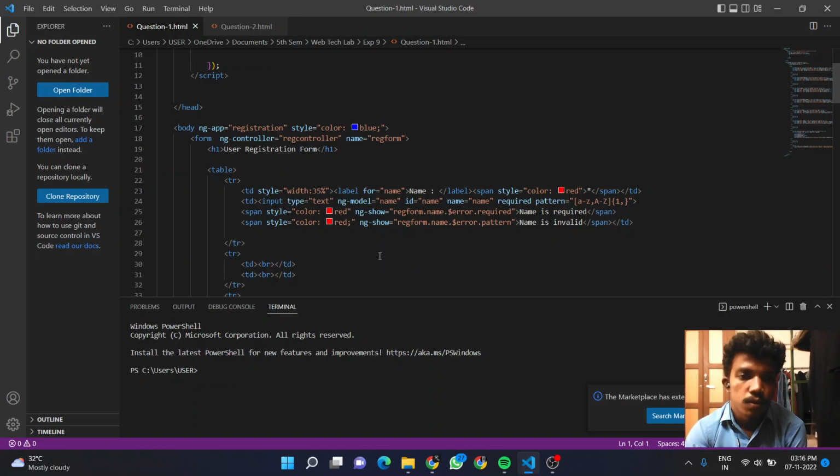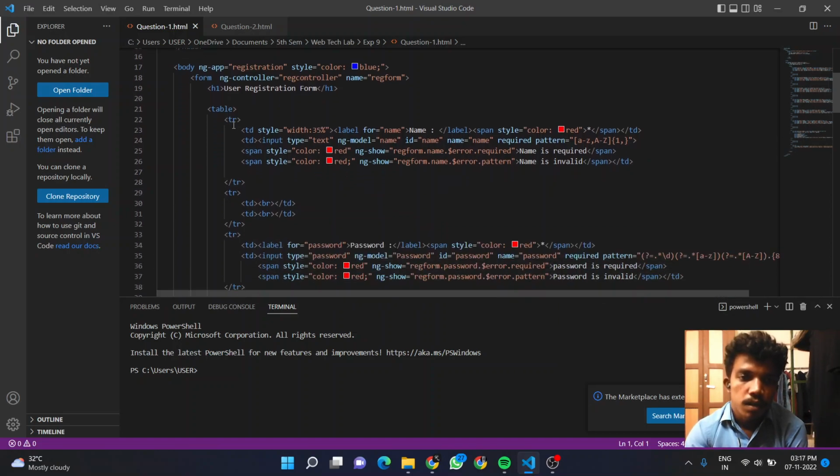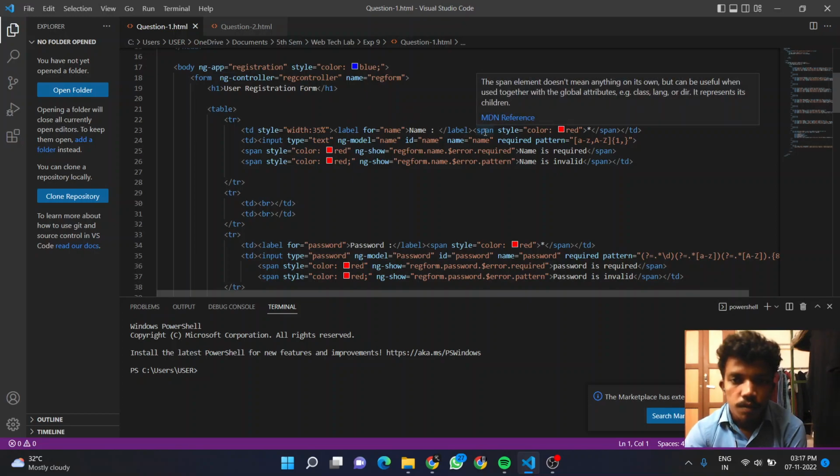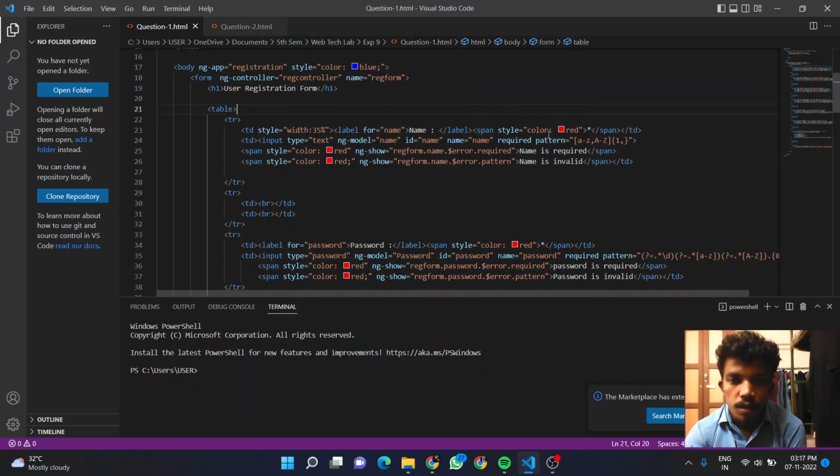The heading is User Registration Form, and we created a table to align the name and the text areas neatly. So we can use this table, and we created a tr for the row. The style is width 35, and the label for the name, and the name has a span with the color red. In that name's td tag, the input is type text, and the model is